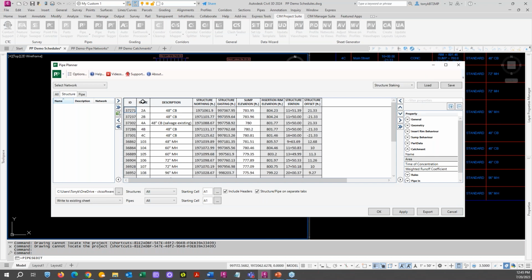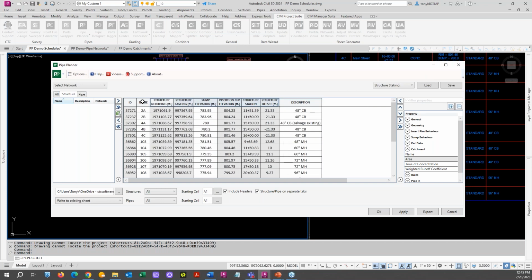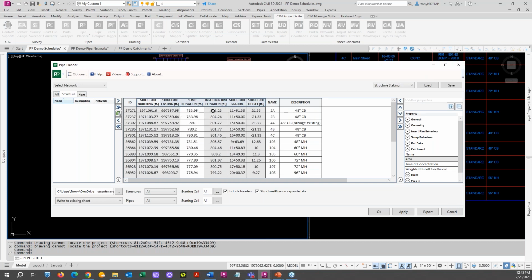The ID in this case could supplement your, let's do this, reorganize those. Supplement for your point number. Slide that over one more, and you can see that I can grab a whole bunch to reorder en masse right there. So here's what we want for staking. We want our point number, northing, easting, elevation, and then some extra information, rim, we've got our rim, we've got station offset, which you could put,